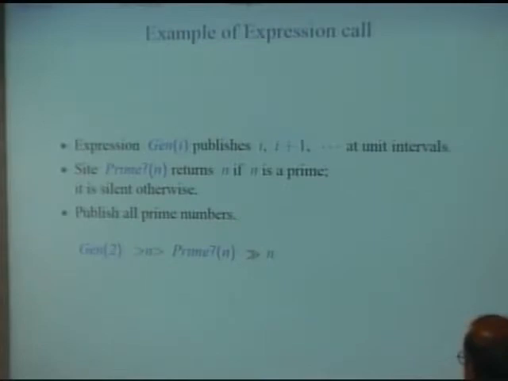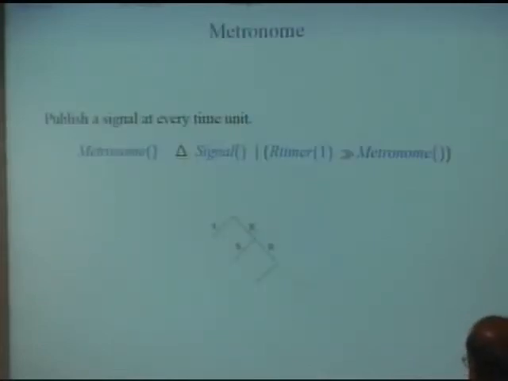So how do I say this? On the one side, I have this, which will publish a signal immediately. On the right side, I have an expression that waits for 1 unit and then behaves like metronome. If you want to look at it a little more carefully, we are starting 2 threads. S stands for signal and R for this right side expression. So we do these 2 things